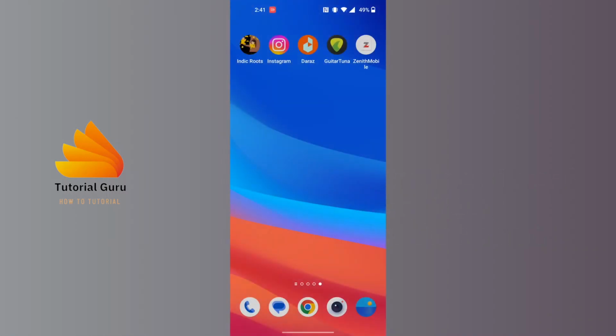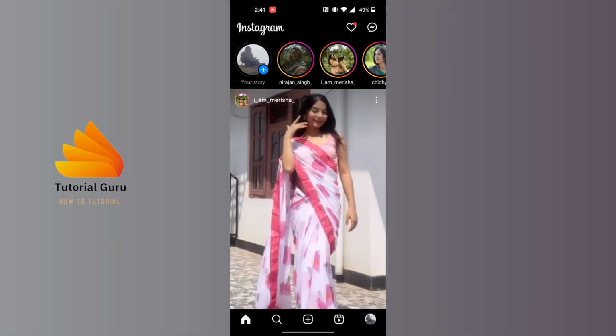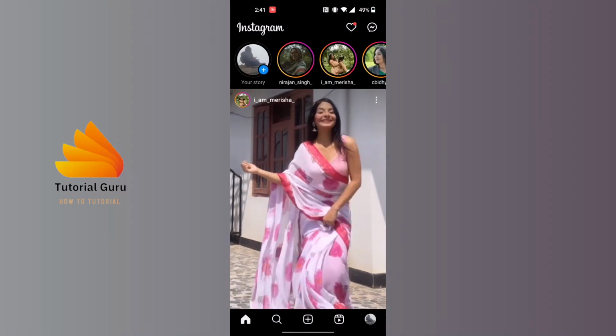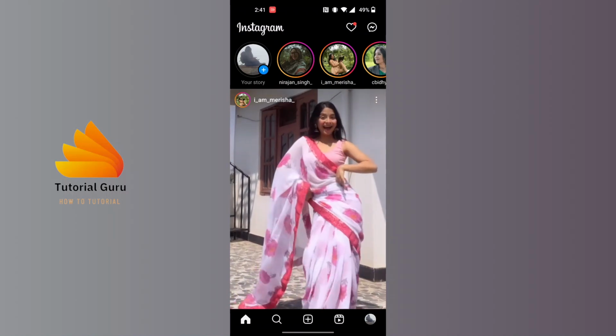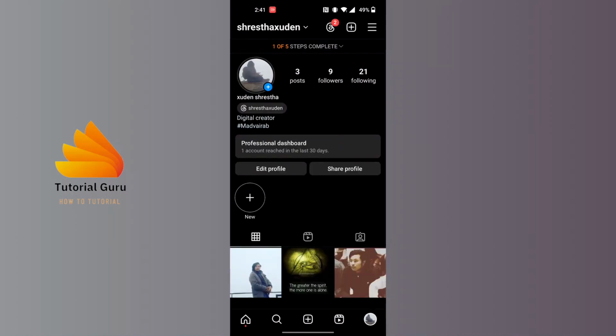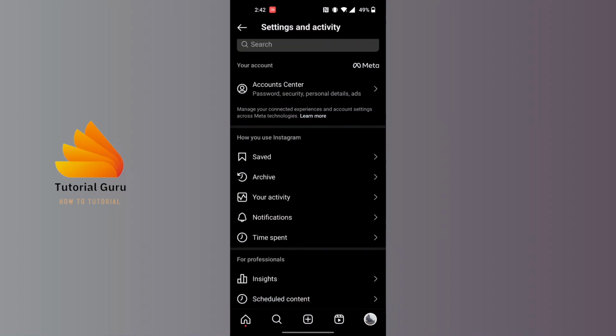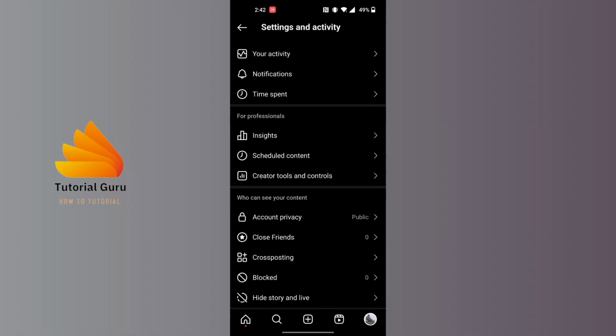Now to remove professional account on Instagram, first open up your Instagram app, and from over here guys we'll be required to tap on our profile picture at the bottom right corner of our screen. Tap on that, and again from over here at the top right corner of the screen you can see your three lined icons. Tap on that, and guys on this interface scroll down and you can see the creator tools